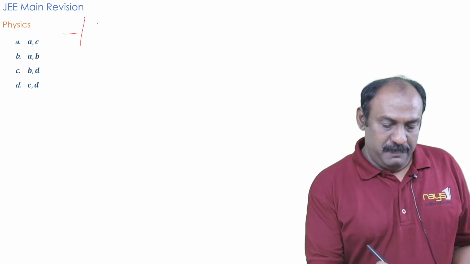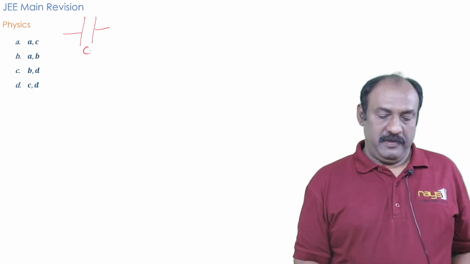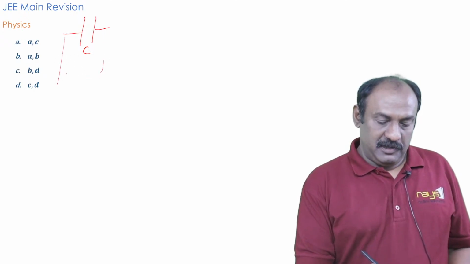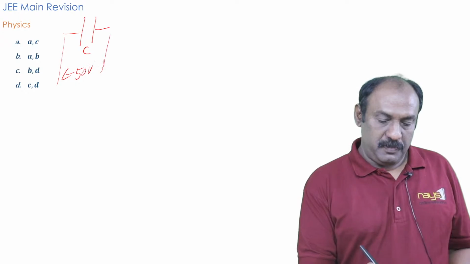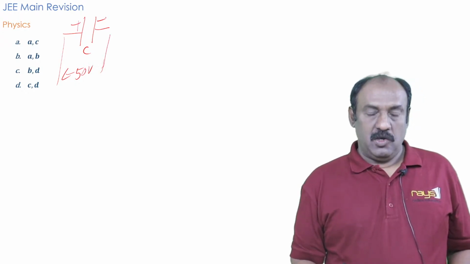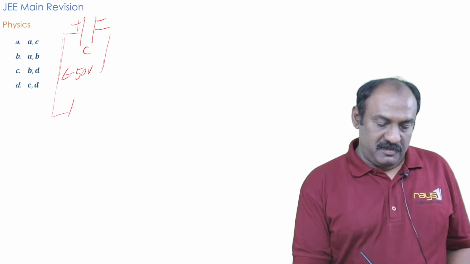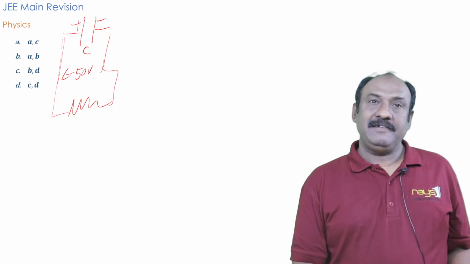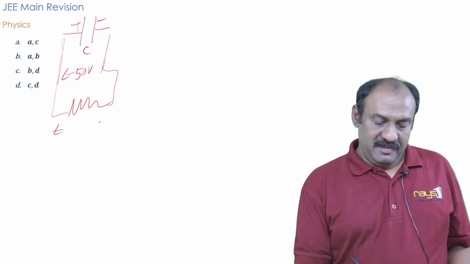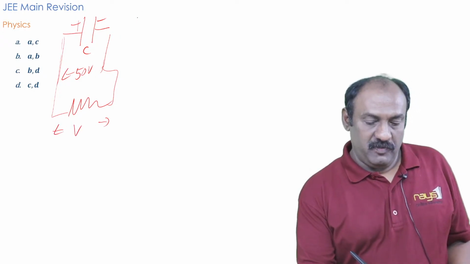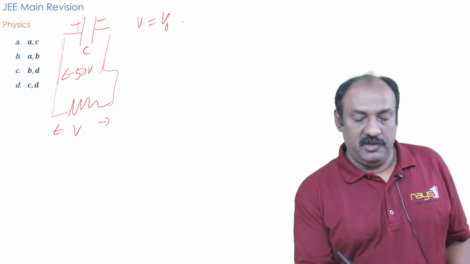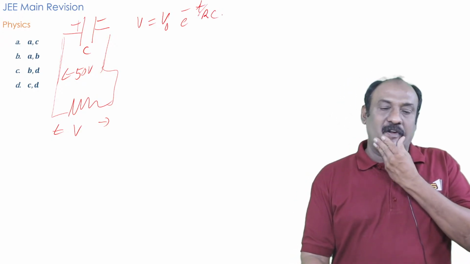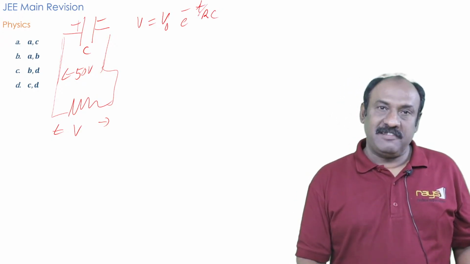So for parallel plate capacitor of capacitance C and charged to potential 50 volt, when it is discharged through resistance, then after some seconds the potential drop across this one, V equal to, all of you know, V naught into e to the power minus t by RC is the basic equation for the potential across resistance after t seconds